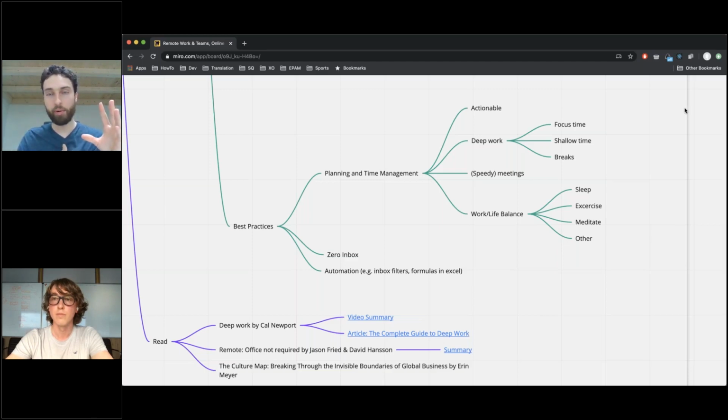So the source is made of three components for being able to work deeply. We need to have the budgeted focus time. We need to have shallow time for communication and so on, and breaks between those sections. So in terms of focus time, it takes finding the optimal schedule for yourself. And for most of us, we have many meetings as managers in our day,